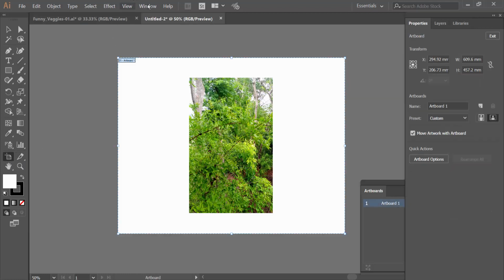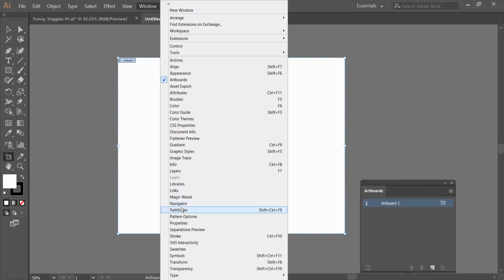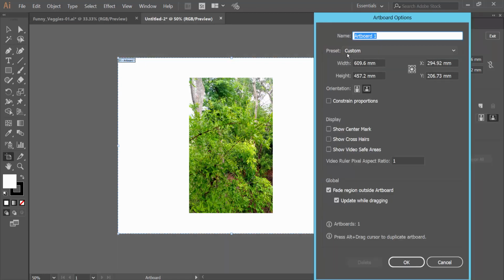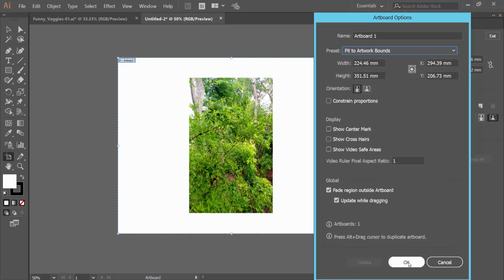Now select the Window option and open your active artboard properties. Now select the artboard option from the properties option and select here preset custom area. Here we will find this fit artwork bounds. So we select here. Now select OK